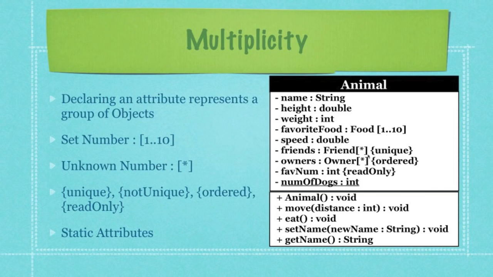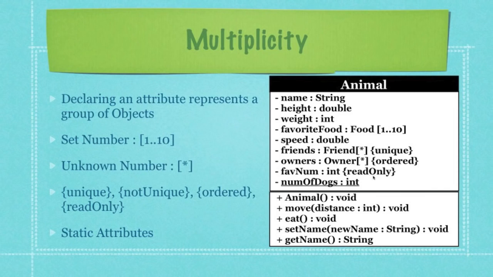Let's say that we also would like to have a group of friends for every animal. However, we have no idea how many friends this animal might have. In that situation, we put a star inside of there, and it wouldn't make any sense to have friends listed more than once. So in that situation, inside of curly brackets, we would put unique. And of course, you could put not unique. And in those situations, like you can see down here, you would put not in lowercase letters, followed by unique